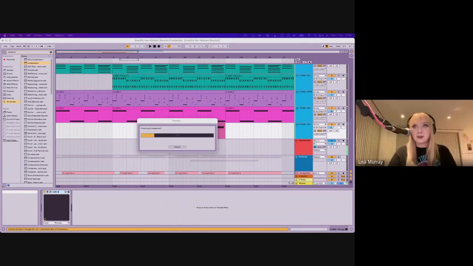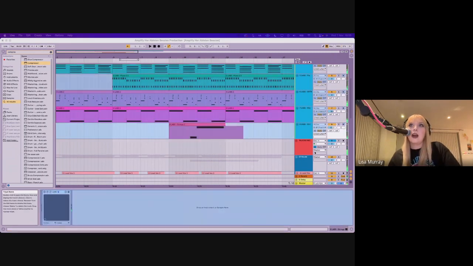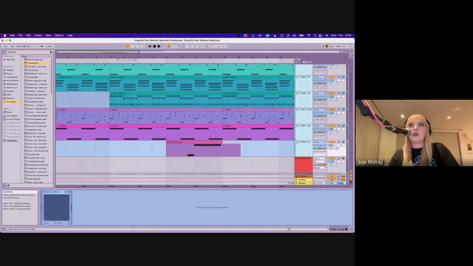Click freeze track. Basically, what that's going to do is flatten everything apart from the tracks that I'm actively working on while you're tracking. That will bring your computer CPU down, and it'll make Ableton more able to cope, and that should reduce your latency. If the buffer size isn't doing it, like if you're tracking at 128 and you're still having issues, or at 128 or 256, try to freeze your tracks.